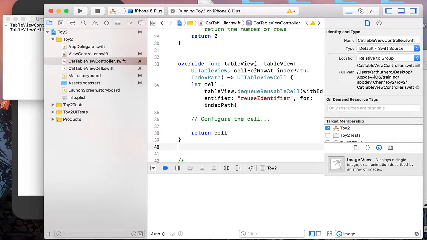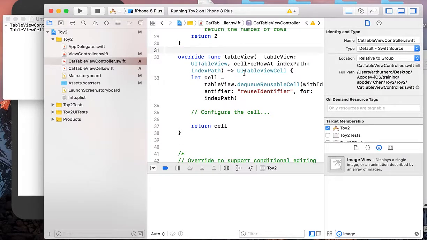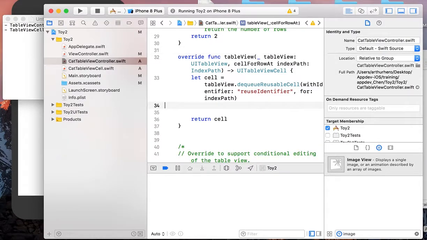In this method we take in a table view and an index path. An index path is an object which contains both the row number and the section number, but here we only need the row number from our index path. We will return a cell, and this cell will contain all the information we want to present. So here we will create a new cell,